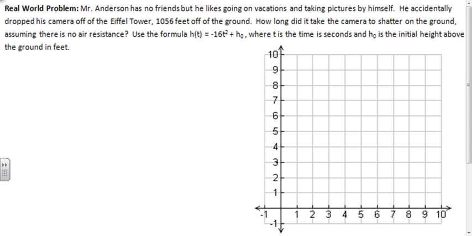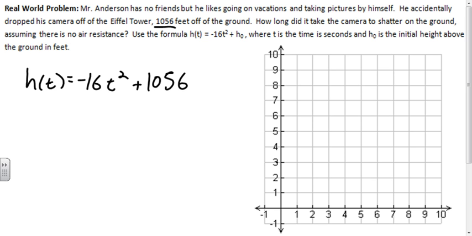So in this case, we'd say our h of t is what we're looking for. It's kind of like our f of x function: equals negative 16t squared plus, well, we know our h sub 0 is 1,056 feet, because that's how far we started above the ground. So if we've got the Eiffel Tower thing going on right here, the top is where the camera was dropped, and it fell all the way down